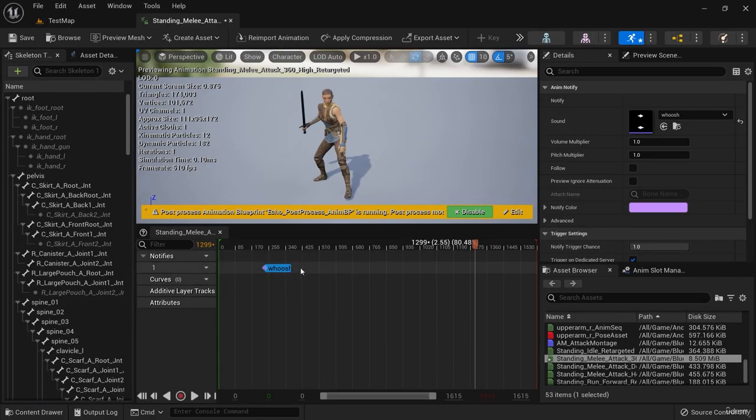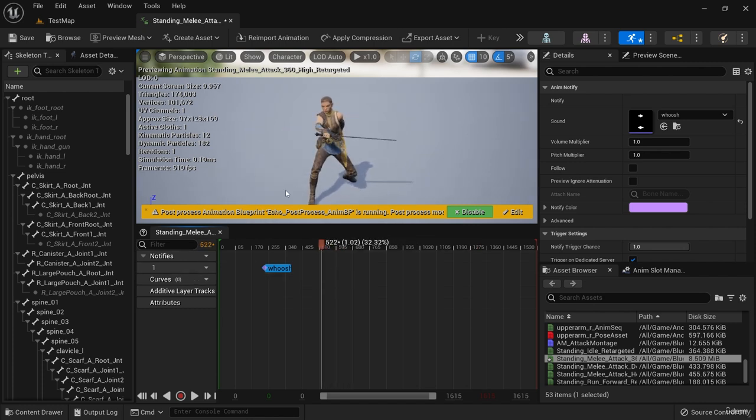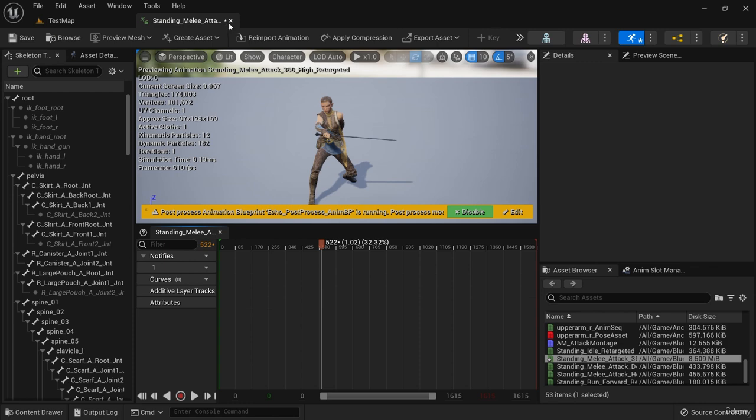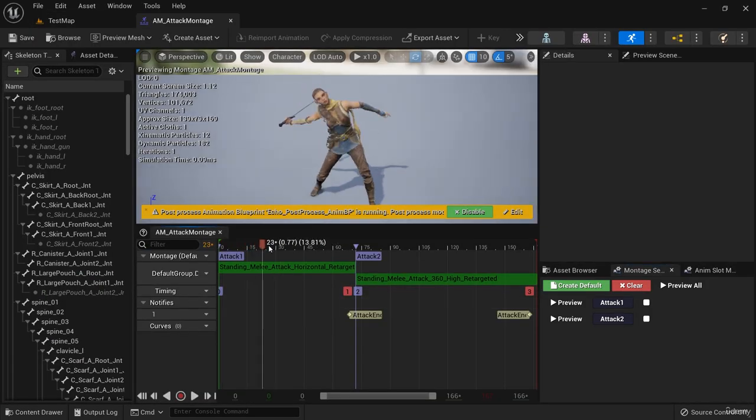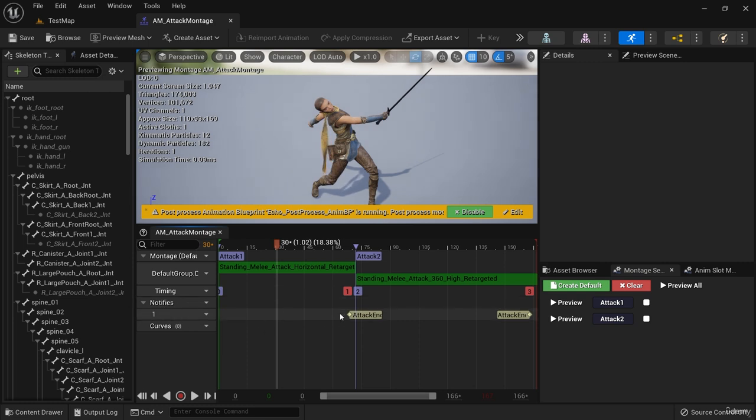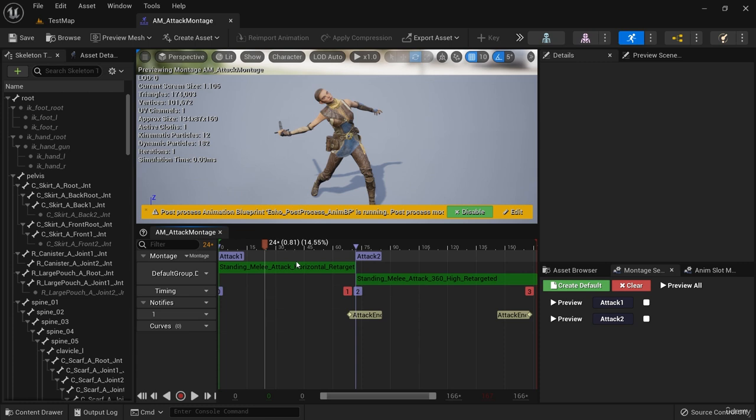Now, adding a sound notify to one of our animation assets is possible, as we can see, but we also know that we can add notifies to montages, and I'd like to add this animation to the montage itself. So I'm going to click on this whoosh and delete it, and close this animation, and instead open my attack montage. Now here we have that notifies bar with one here for my attack end anim notify. I'd like to add my play sound notify in here, and that way the notify is tied to my montage and not the animation. You could really do it either way, and there's nothing wrong with putting the sound notify